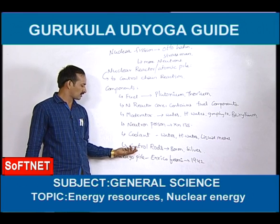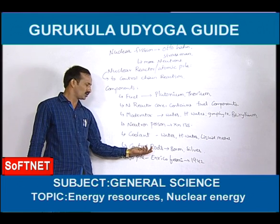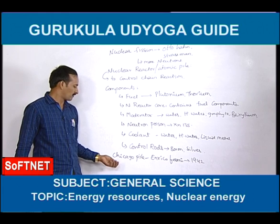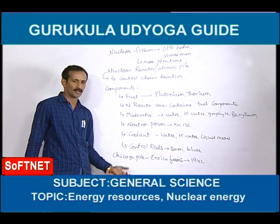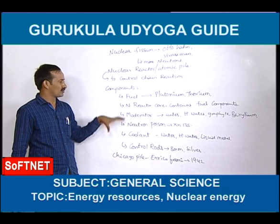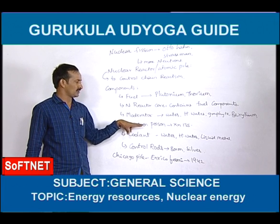We have another component called control rods. These are used to control the fission rate in the nuclear reactor. We use boron and silver as control rods. Of course, Chicago Pile is the world's first nuclear reactor, which was invented by Enrico Fermi in the year 1942. This is the main question area in our examinations, like which of the following is a neutron poison